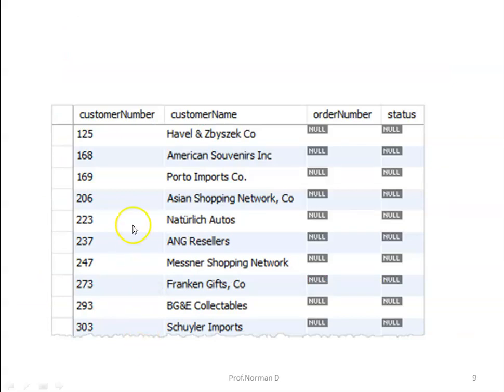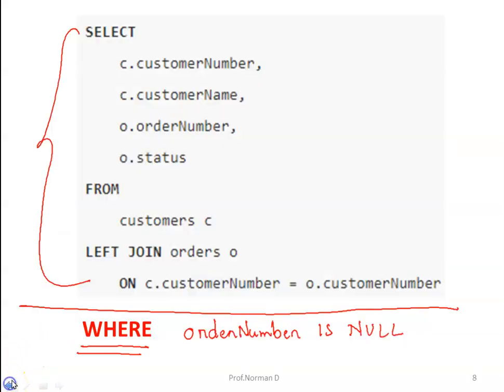So you see, just to verify, customer numbers 168 and 169, that is Americans souvenirs and Porto imports, are displayed over here in this list as customers who have not placed any orders. Just for confirmation, we go to our previous slide and see whether these 2 tuples were appearing.